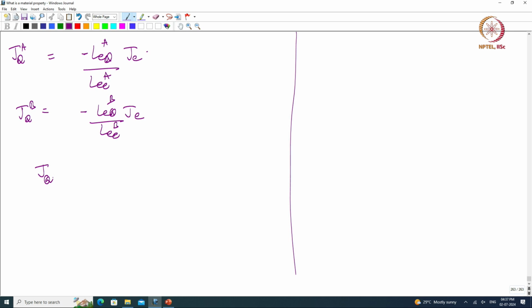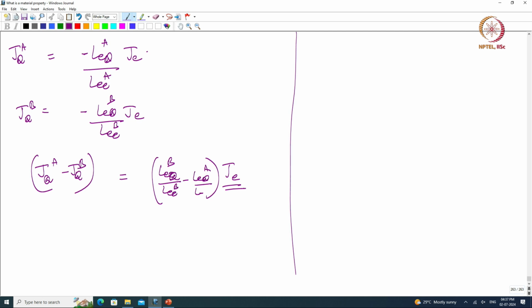So, J_QA minus J_QB is the heat that I am throwing out, right. How much heat am I throwing out? That is just proportional to the current that I am sending times this Onsager coefficient, right. So, L_EQA by L_EEA minus L_EQB by L_EEB, right. So, I need to use two different materials ideally. If I use the same material, I am not going to throw out any heat, this will be 0. If A equal to B, A and B are the same material, then no heat is thrown out,